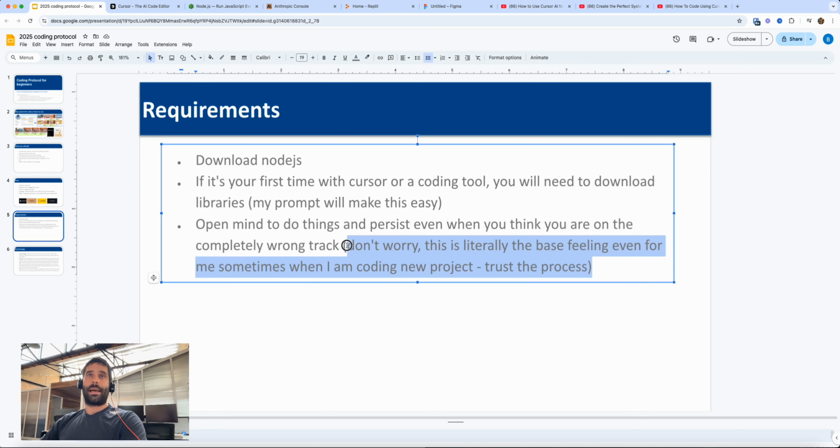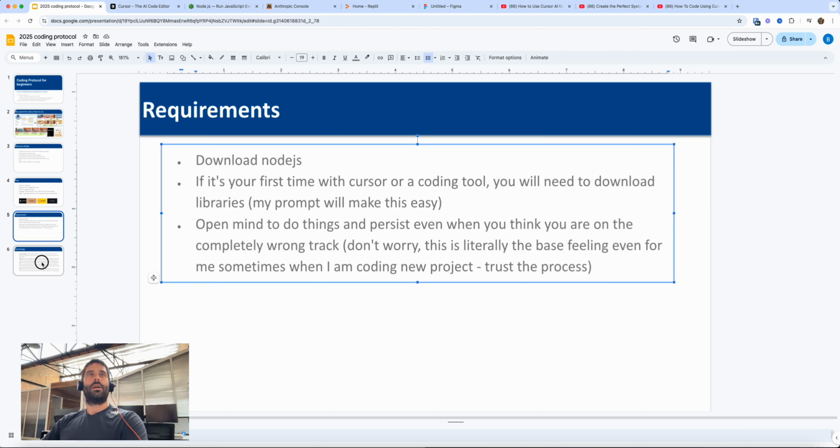So this is a base feeling. I even feel this nowadays. I used to feel it a lot when I first started coding, but it still happens to me now, although it's a lot less. But don't worry about this. This is completely normal. You're not alone. Everyone's going to feel this. There's this meme culture in coding, which is like one incorrect character in 1,000 lines of code can break the entire code. Something like that. So you're typically a degree away. One thing is off, and then it'll make everything work. So you've got to persevere.